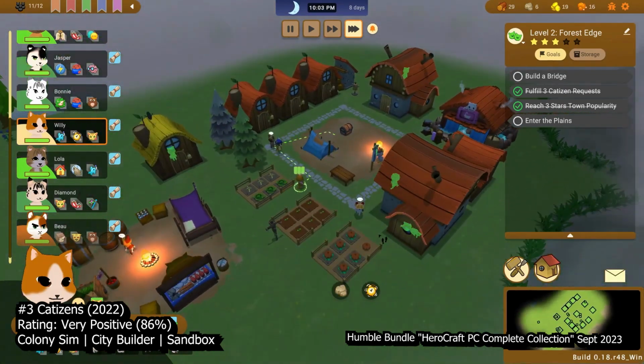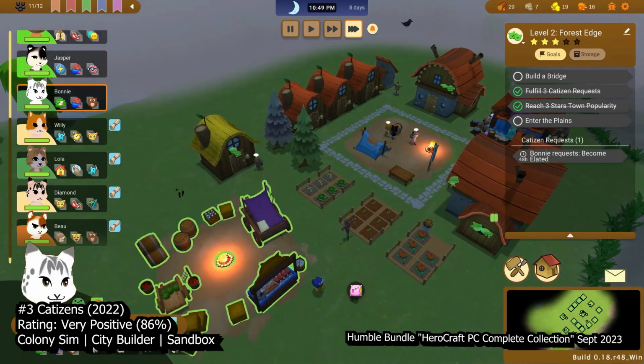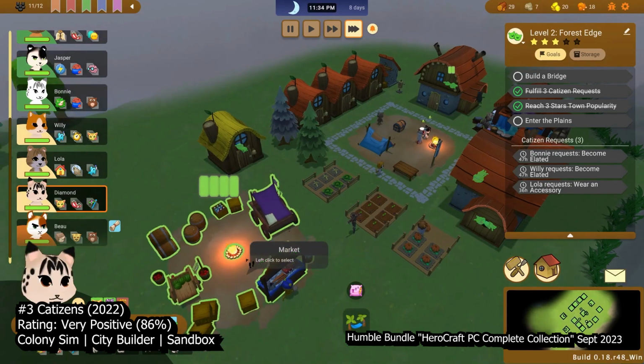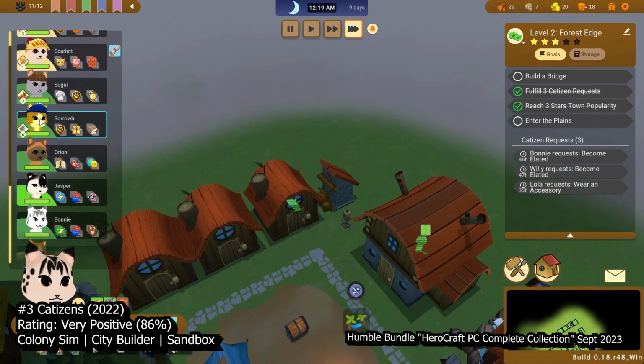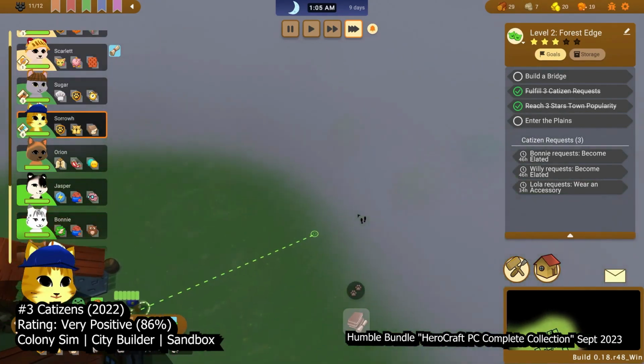These feline inhabitants engage in various activities, from harvesting resources and constructing homes, to defending against encroaching enemies and tending to food production. While Catizens offers a charming and visually appealing world with adorable cat characters, it is important to note that the game allows for the potential death of cats due to enemy encounters, which may not appeal to